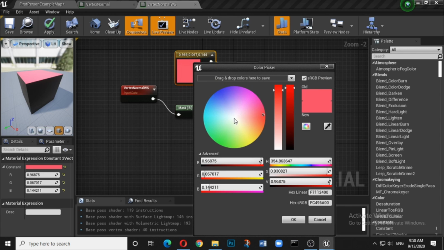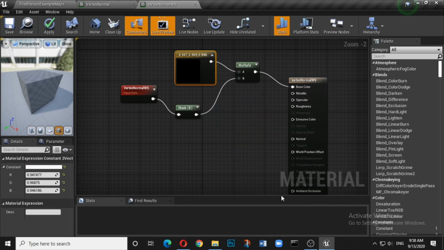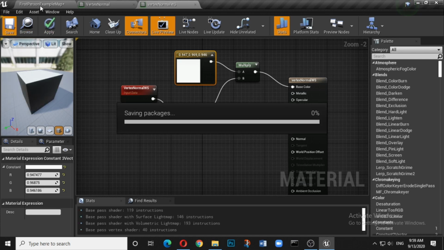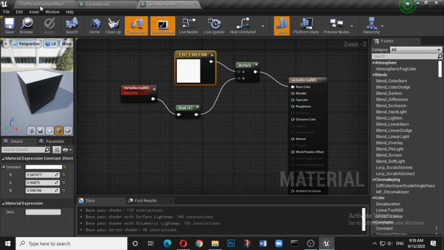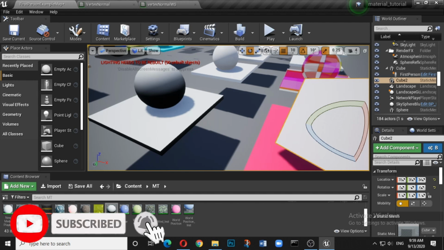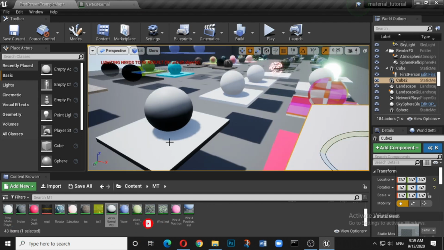Let me make it white, and so we come back. But one thing I want to make clear is that this white is the color that we have chosen. It is not because of something else. So here the cube looks like the upper portion becomes white and the rest of the portion becomes black. Great.